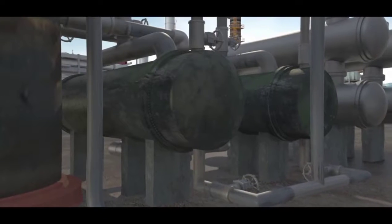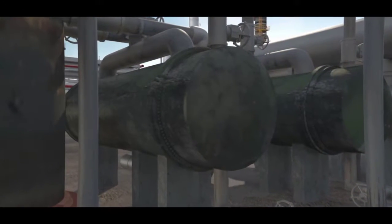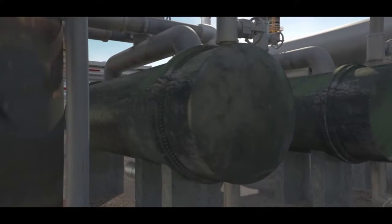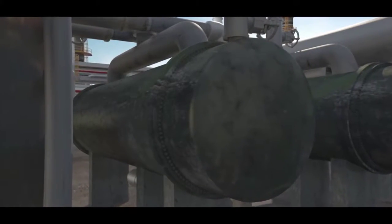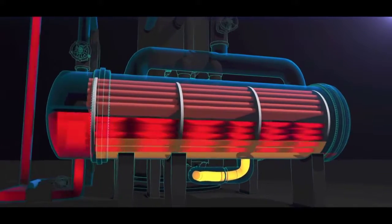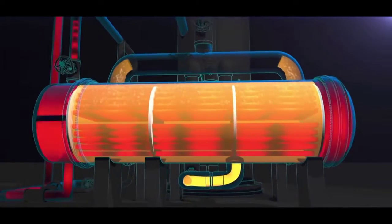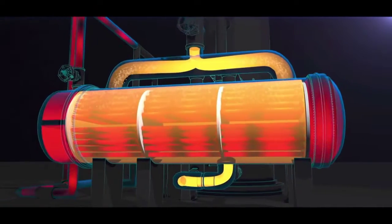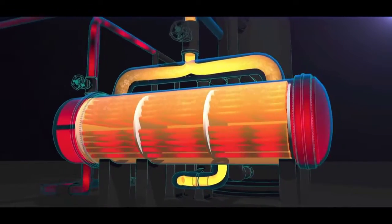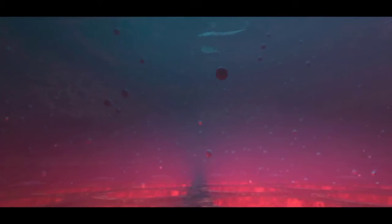Heat exchangers called reboilers supply heat to the fractionator to boil the propane and propylene mixture, which is essential to the separation process. The reboilers are shell and tube heat exchangers. Hot water flows through the tubes, heating and vaporizing propane that flows through the shell and back to the propylene fractionator. The water that flows through the tubes contains a small amount of oily tar, which condenses into the water